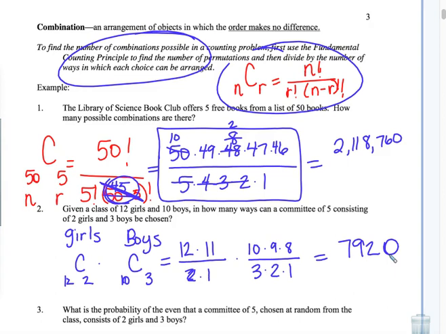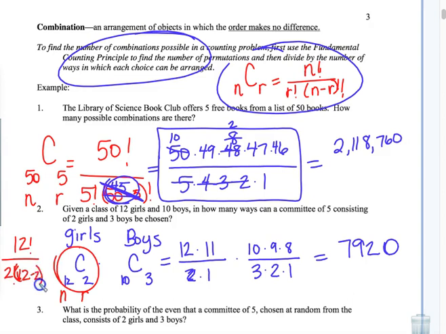I do want to go ahead and take a second to show you if you like that formula. I don't want to leave curiosity there at all. I'll just show you this part right here. Here, this is my N and this is my R. So if I'm doing that combination, that's 12 factorial divided by 2 factorial times